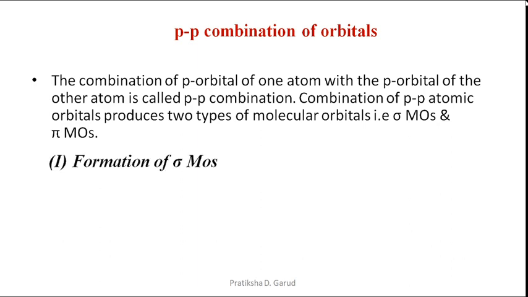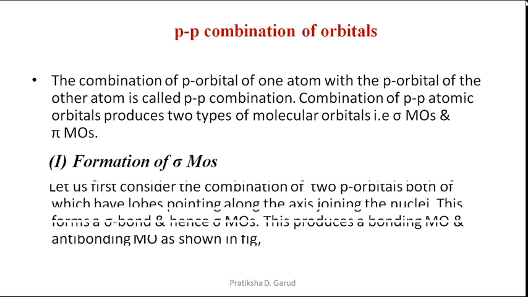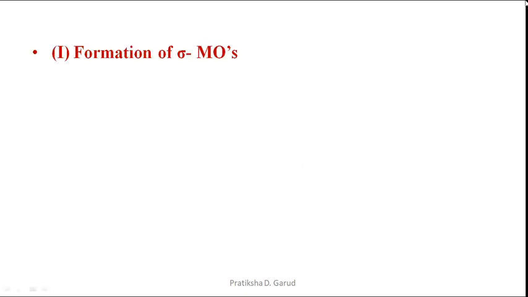So we are having the first type, formation of the sigma MO, sigma molecular orbital. So let us first consider the combination of two p orbitals, both of which have lobes pointing along the axis joining the nuclei. When the lobes are pointing along the axis joining the nuclei, then it results in the formation of the sigma bond, and hence due to formation of the sigma bond, the molecular orbitals formed are known as the sigma molecular orbitals. This again produces the bonding molecular orbital and the anti-bonding molecular orbital. It is shown as